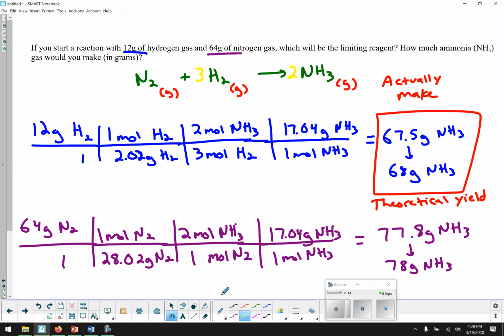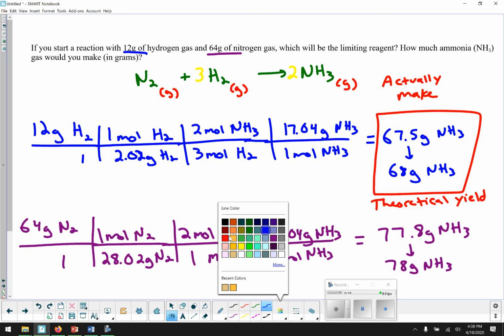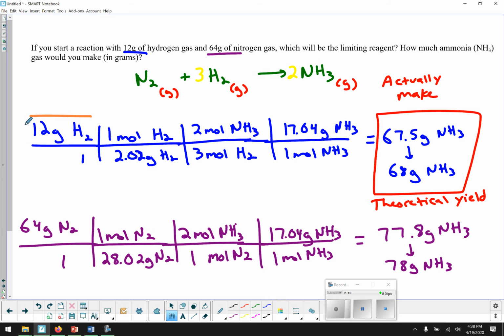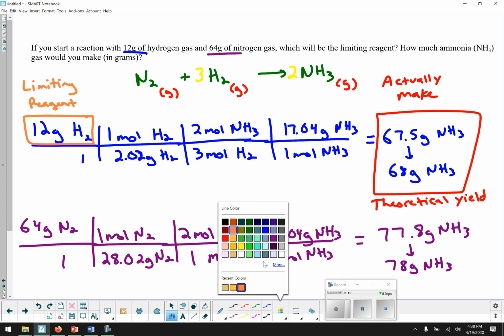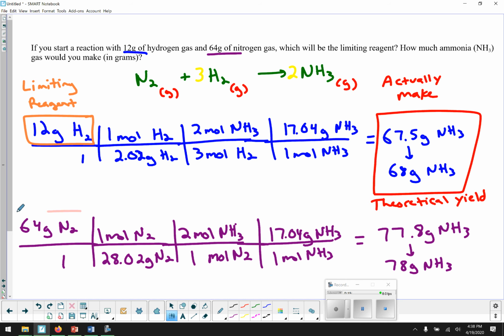So that means that the hydrogen, the one that runs out, that is your limiting reagent. And the nitrogen, of which there is extra, is your excess reagent. Again, note, limiting and excess reagent refers to the things you start with, the reactants, and theoretical yield is